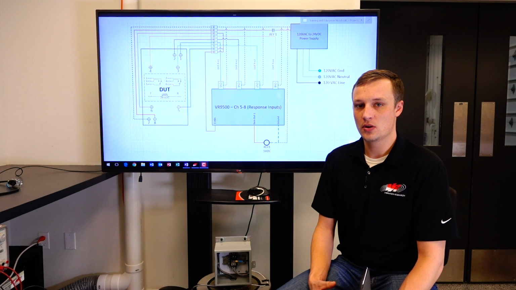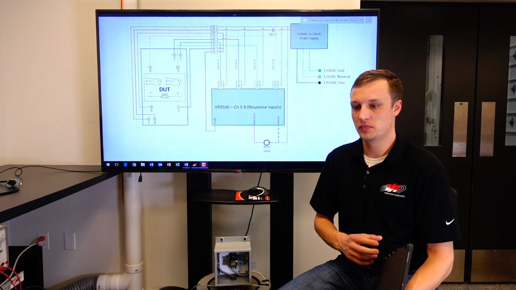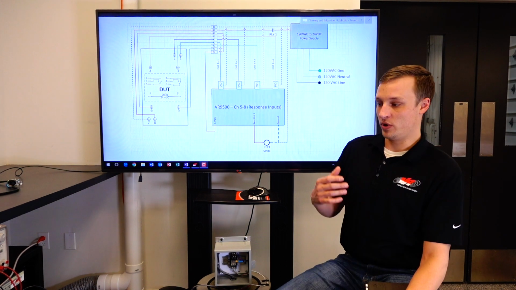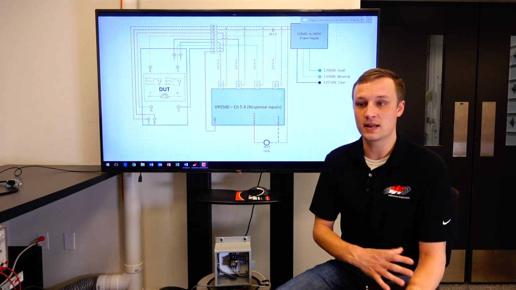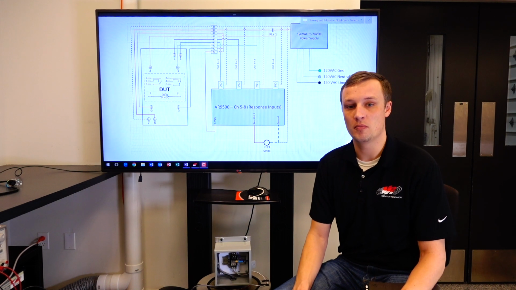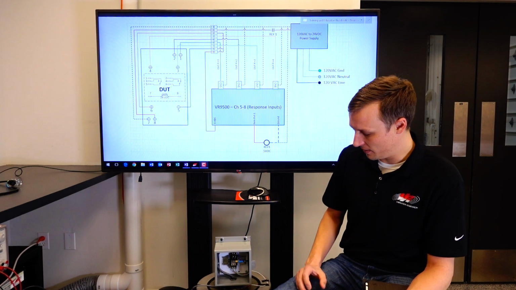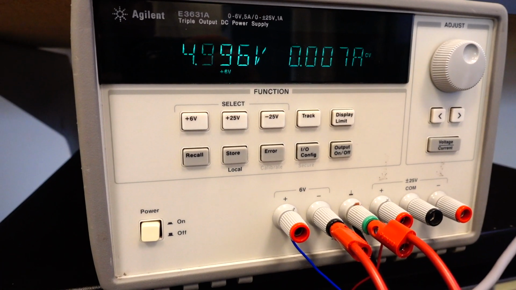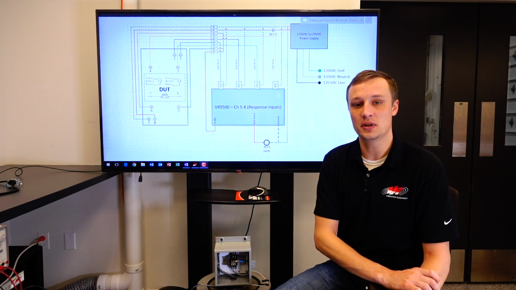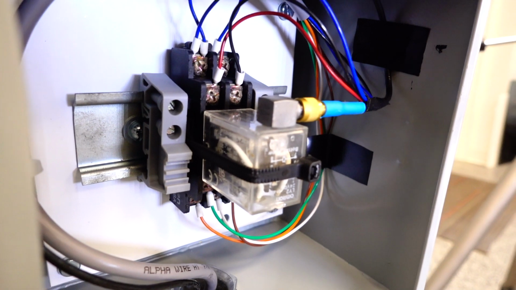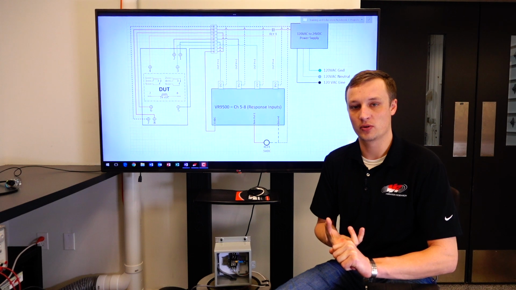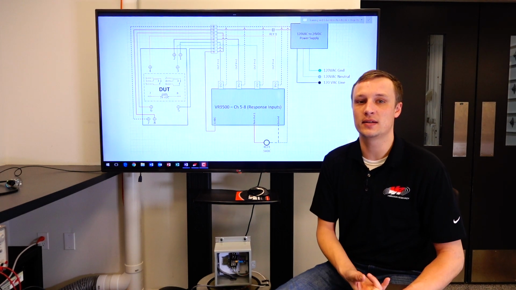For this demonstration, we will run a typical seismic test that has been modified to be able to run on an electrodynamic shaker. In order to configure this appropriately, I need to measure a fixed signal coming through my mechanical relay. And I do that through a power supply that's generating 5 volts. With that 5-volt supply, I have it fed through into the common terminals of my relay. And the 4, so 2 normally open, 2 normally closed terminals are connected to channels 5 through 8 of my